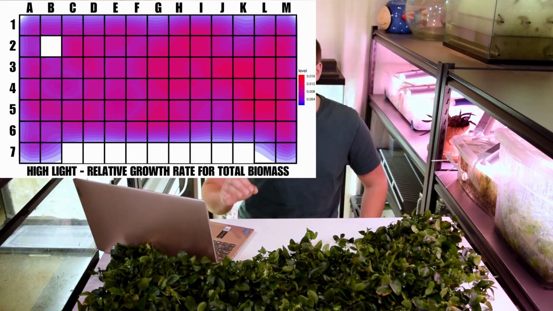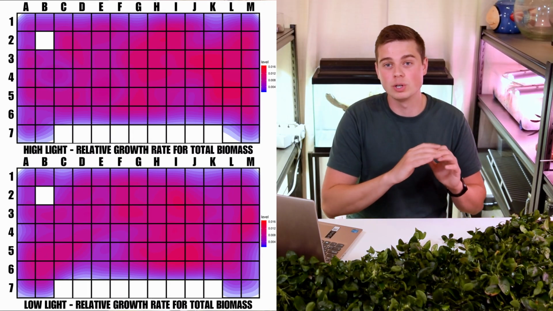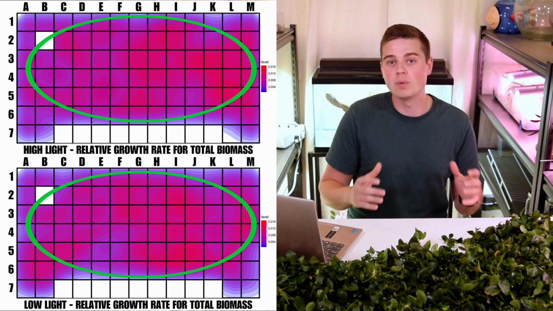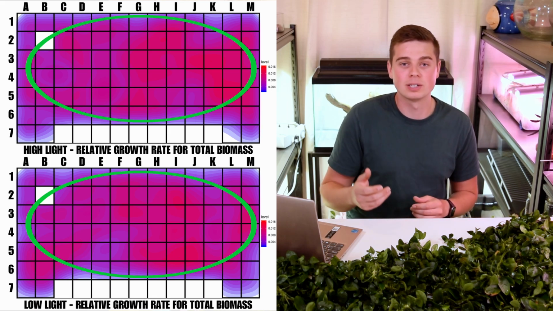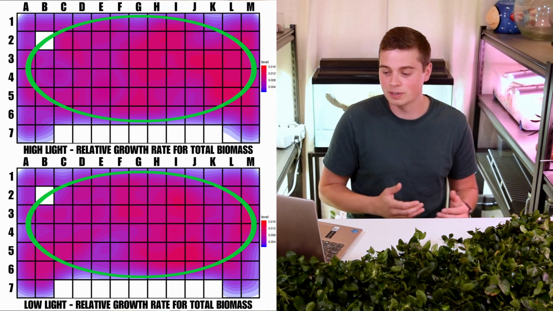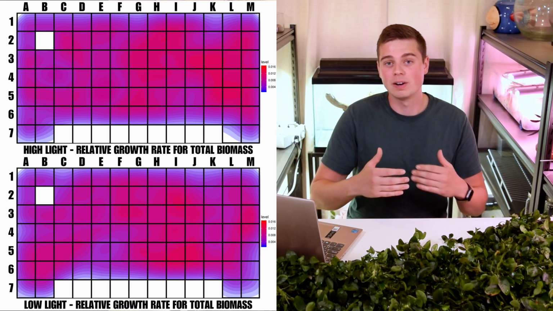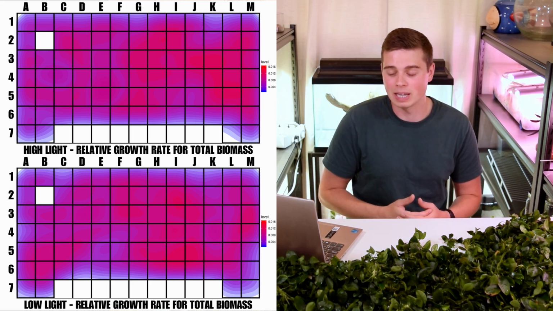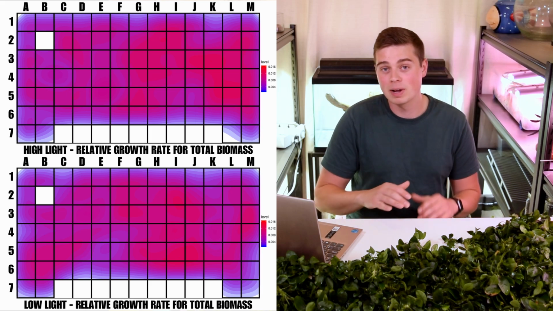And the really interesting thing is when we convert the total biomass gained into the relative growth rate for total biomass, and we look at the heat map, we actually get a much more uniform growth across the plants. So as you can see, there are no more hotspots that appear to be growing plants faster than the others. There may still be an effect for plants that are closer to the edges of the tubs. They still may be getting a little bit less lighting, as you can see in this heat map, but overall